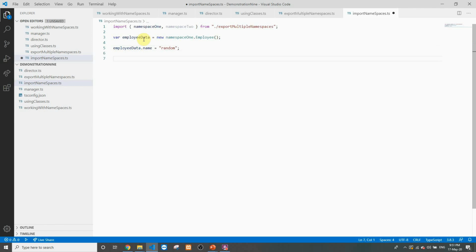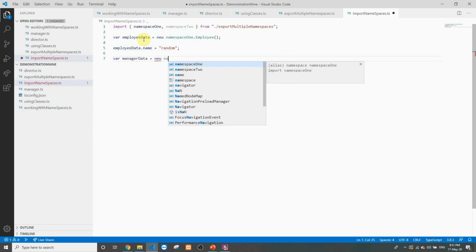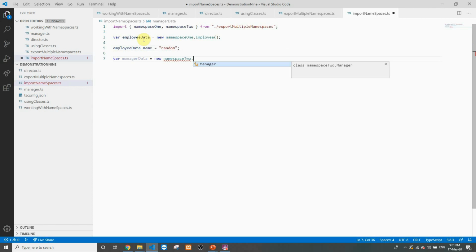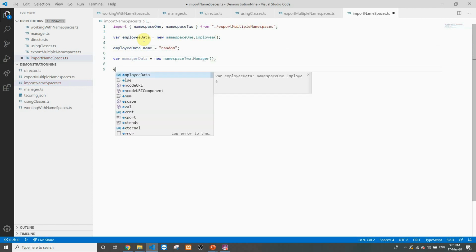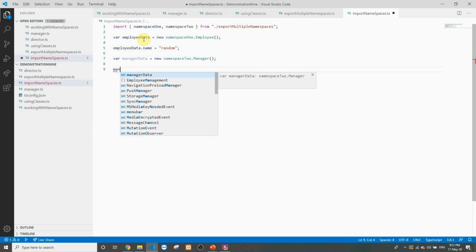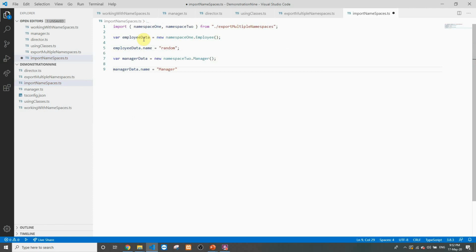And then we'll try to create an object out of the manager class that we have inside namespace 2. So we can say manager data equal to new namespace 2 dot manager. And then again, let's add some data to this particular manager. So we are adding a property name to this particular manager.